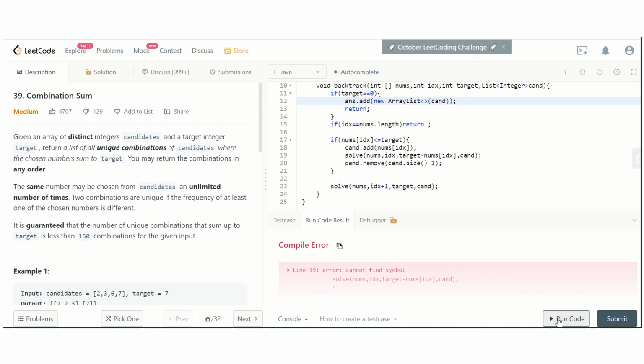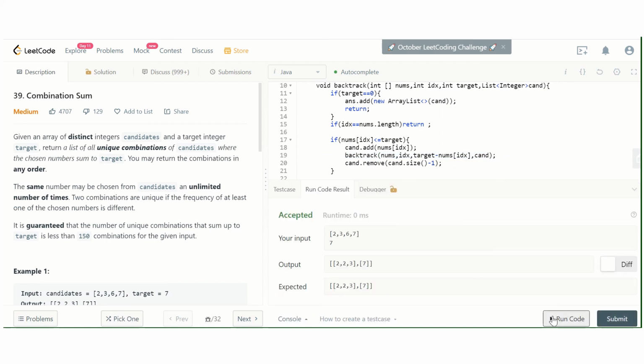Cannot find symbol solve. Okay, it is backtrack. Let's see. Yeah, so it is running perfectly fine. So let's submit it.